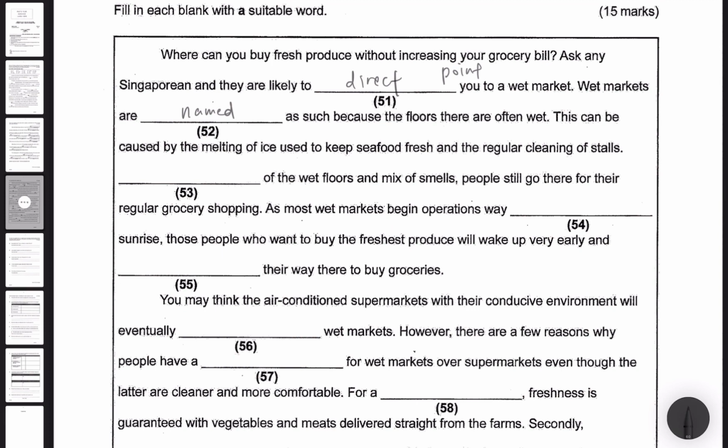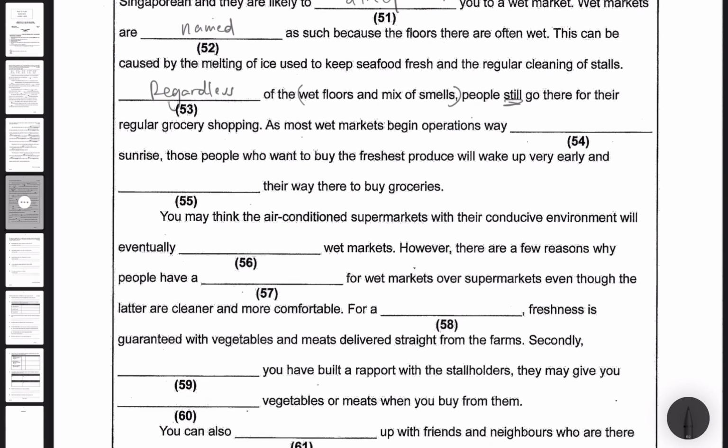Now, despite the wet floors and mix of smells, people still go there. So this is meant to deter people from going, right? But people still go. As most wet markets begin operations way before sunrise, straightforward, right? It means that what? Start early. Those people who want to buy the freshest produce will wake up very early and make their way there